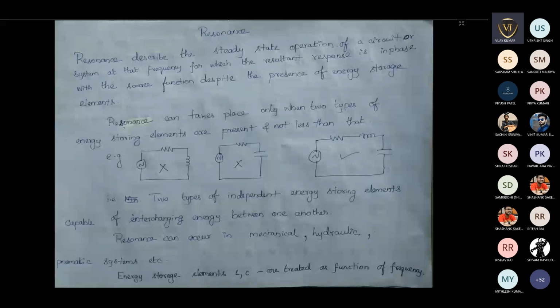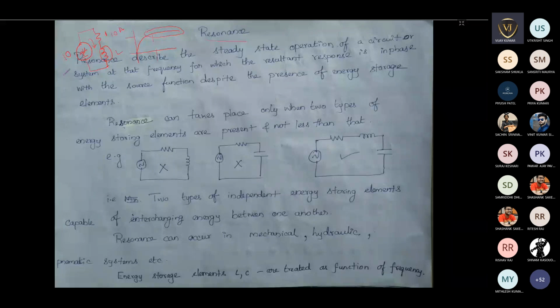So the final topic in this particular unit is resonance. Resonance is a steady state operation. Already we have discussed what a steady state operation is. We have seen some waveform like this. The steady state value is the final value of that circuit. For example, consider a DC source with an R circuit and R and L elements. If it is 10 volts and this is 1 ohm, forget about the L value. The current flowing through this circuit in steady state, meaning you turned on the circuit and see it after some 10 minutes, is 10 ampere.